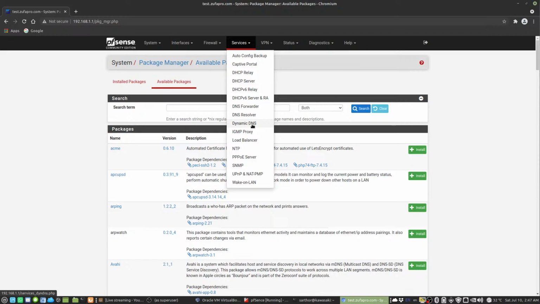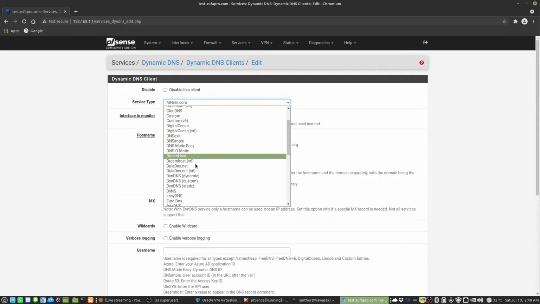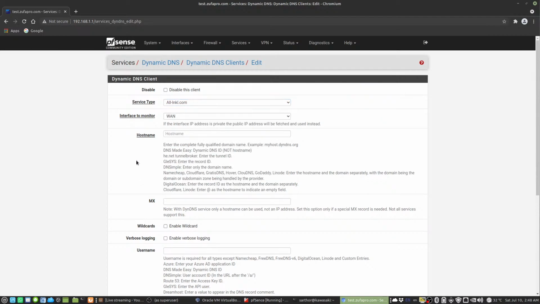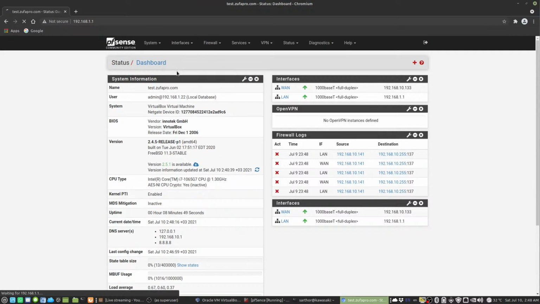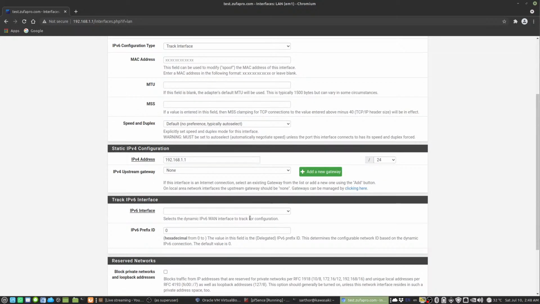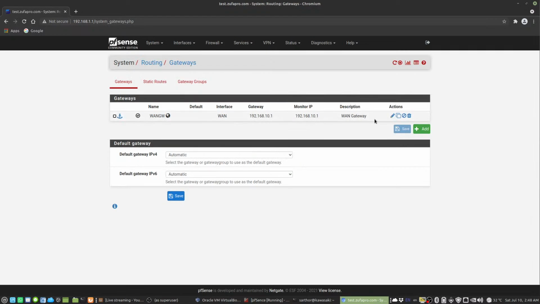Dynamic DNS has a bunch of providers that it supports. In case you want to add some dynamic DNS, it will give you these options. Not every router supports this much, maybe some, but this is also one of them which supports a lot of providers. So I believe till now it is enough. Your pfSense is running. You have all LAN and WAN here. If you want to configure them manually from this interface, you can do that. Here you have the routing, your gateways here, which we configured there. So for now,